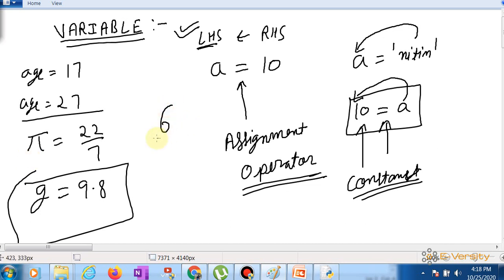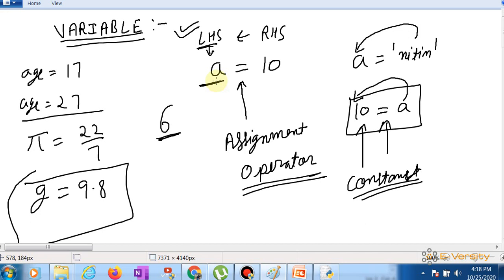If I am asking what is this, when I am in first class, I say this is 6. Now after completing my graduation and post graduation, if anybody asks what this is, I still say this is 6. So that means it is a constant. I cannot change it, right? I am not saying this is 5. If I say this is 5, that means I am wrong. So this is a constant. Every time you assign a value, you must ensure that the left hand side is a variable, because a variable can contain the value, a constant cannot.